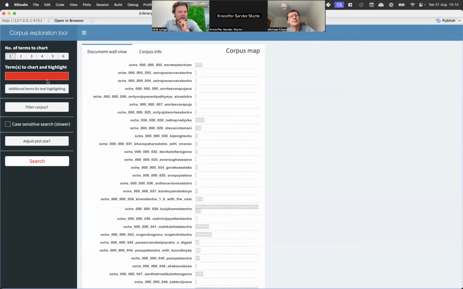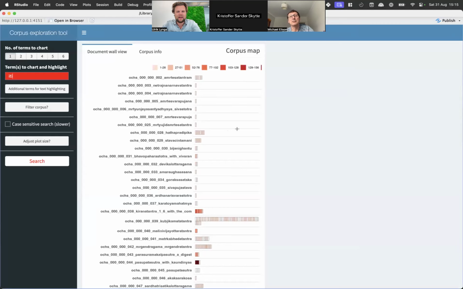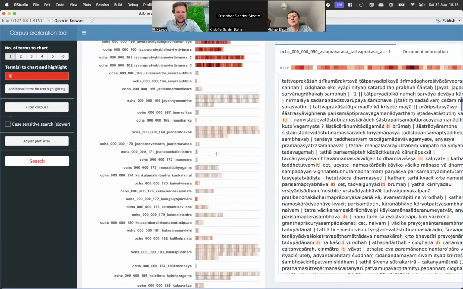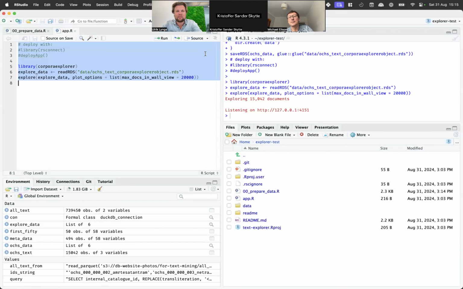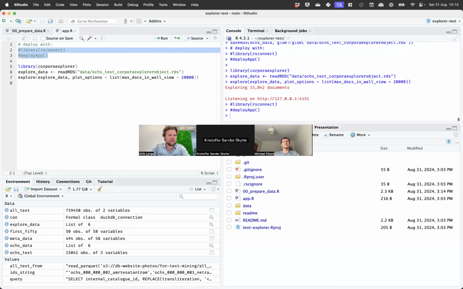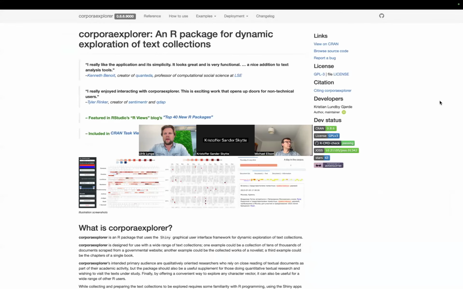And I write "et". Huh. Yeah, not bad. Huh, okay. So for the fun of it, I'm going to try to deploy this to our server. In this case, I'm going to run these two lines here. Oh, I've reached the maximum number of applications. Is that because I saved this as another name? Okay, I'll do that later. Okay, cool. So